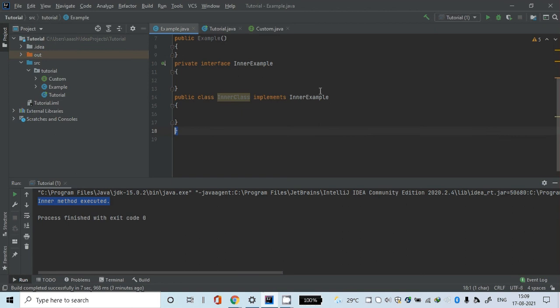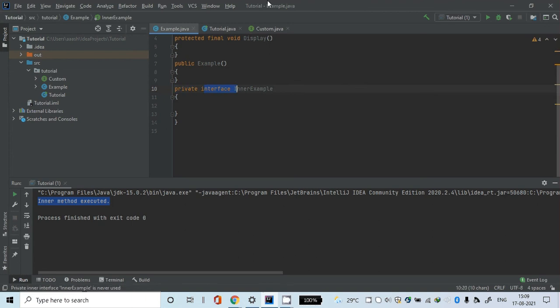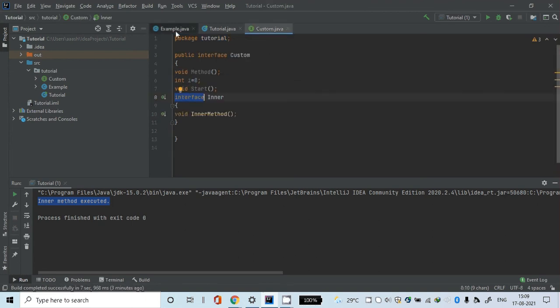It is no longer going to remain in scope. Okay, so we already discussed these concepts. So that is why you can make this interface private. That is why it is allowed, but here it is not allowed,